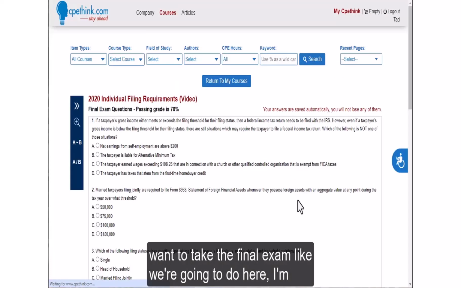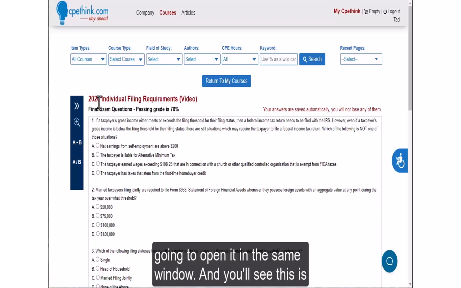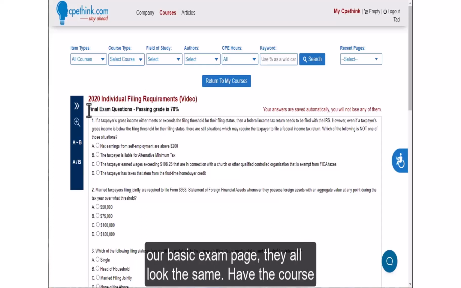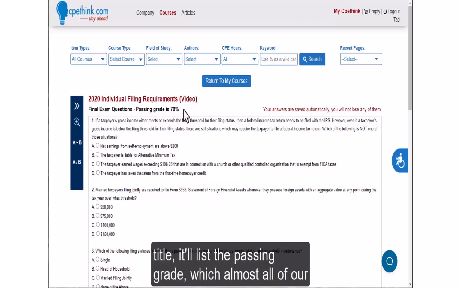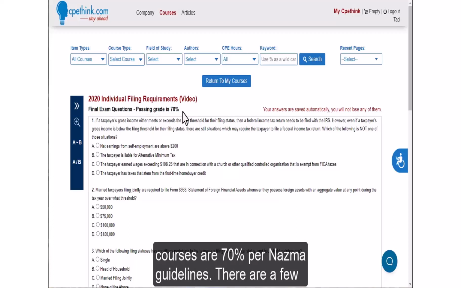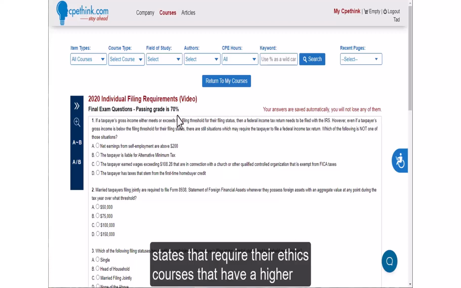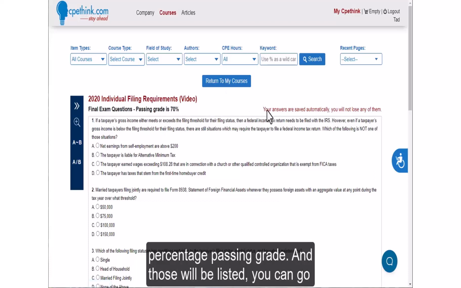window. And you'll see this is our basic exam page. They all look the same. They have the course title. It'll list the passing grade, which almost all of our courses are 70% per NASBA guidelines. There are a few states that require their ethics courses to have a higher percentage passing grade, and those will be listed. You can go back to your My Courses, and then please make note of this message right here,